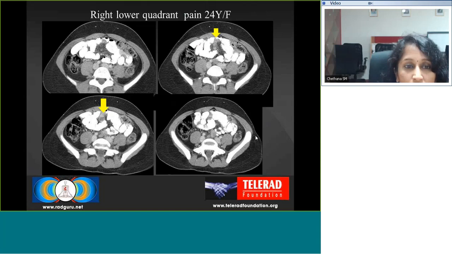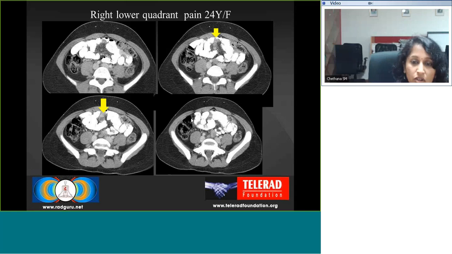And this was a very interesting case. This is a young patient, a 24-year-old female who came with right lower quadrant pain. These are the contrast CT images of the abdomen, demonstrating an inflamed diverticulum along the anti-mesenteric border of the distal ileum. You can very well appreciate in this image the inflamed diverticulum, and we gave a diagnosis of